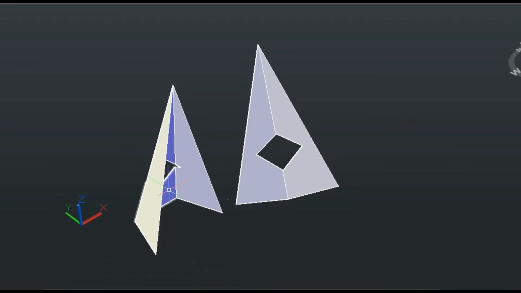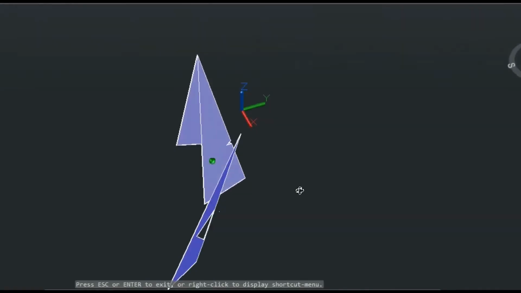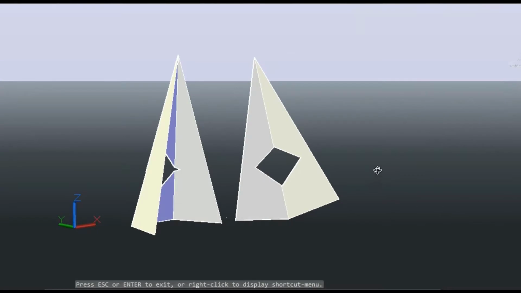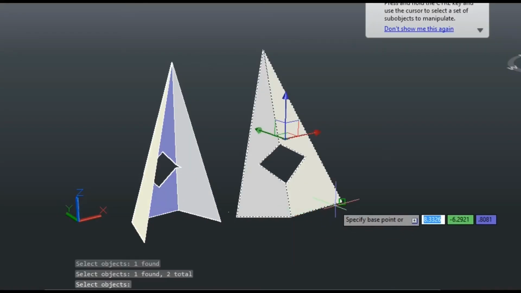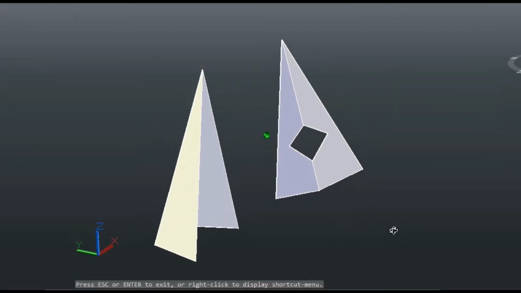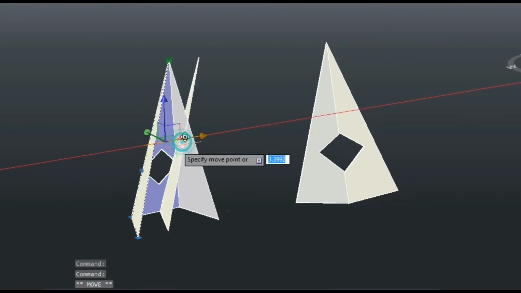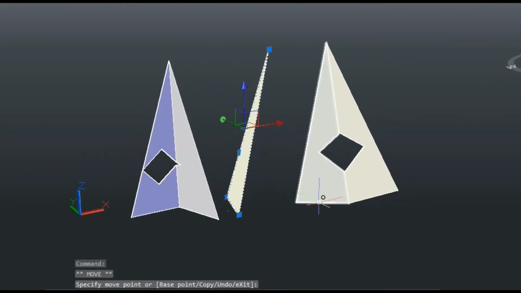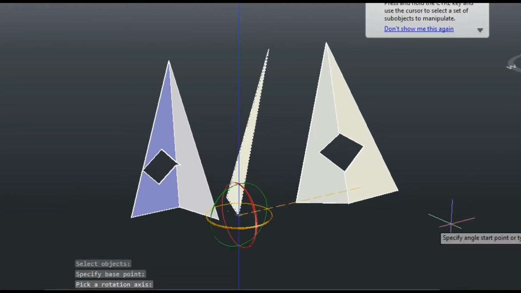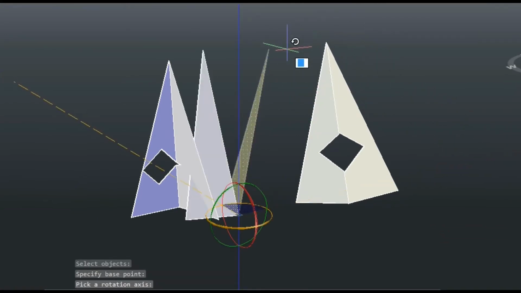and you can observe that the square hole is now appearing as something like a rhombus. It is not square, it has not remained a square. I'll just move it a little further because the other faces will come on the left side only. So I'll bring in the third face also, and I'll attach this with the previous two faces. I will align them with the previous two faces.